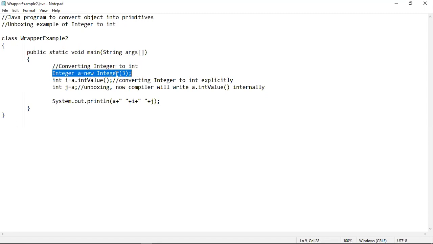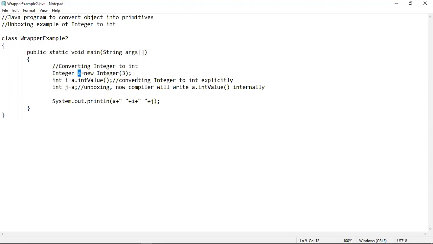The value 3 has been converted into its equivalent object, and the object that will actually be used as the integer is A. Using this A, we can easily use this integer value, which is 3. That means this 3 has been wrapped up into an object, and the object appearance has been given to this value through the object A.